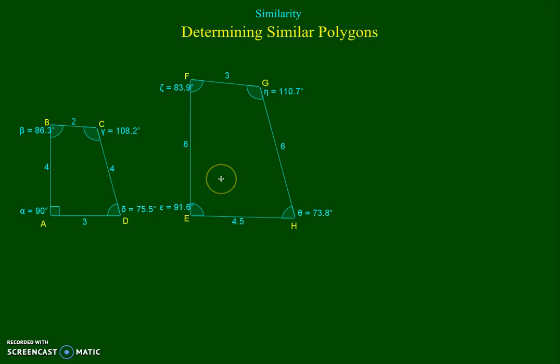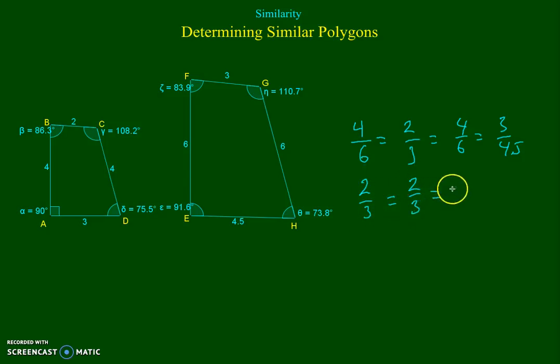So let's begin with that, and we'll start with AB in the smaller figure, and we'll put down 4 is to 6 as 2 is to 3 as 4 is to 6 as 3 is to 4.5. This ratio simplifies to 2/3,